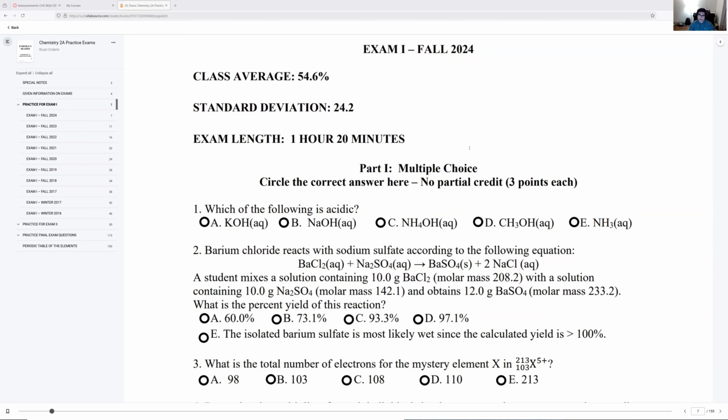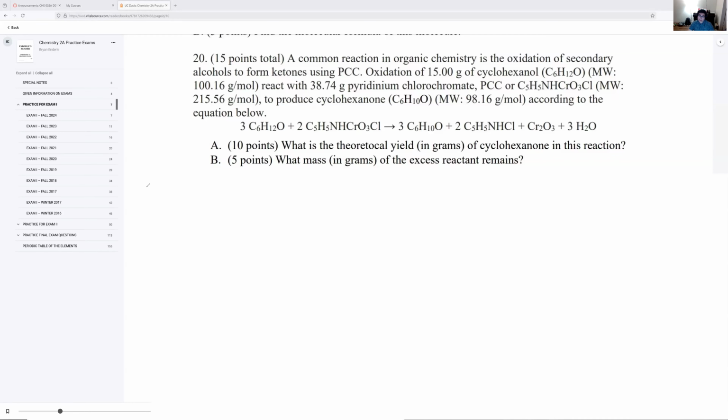So we're going to convert these into moles first for both the cyclohexanol and the pyridinium chlorochromate, or the PCC. So this is for part B in particular, or I guess all the steps are going to be for part B, but you would need some of these for part A. You would need most of these steps in part A. So we take the 15 grams